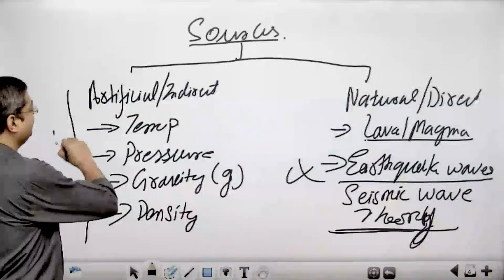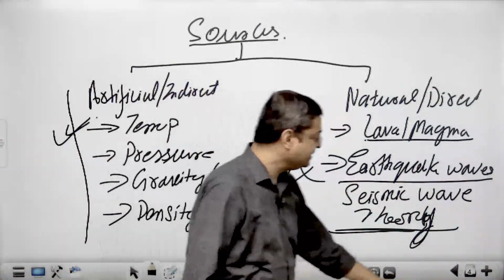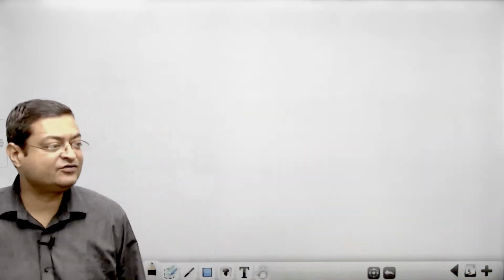So first we are going to talk about temperature. Now remember, there is a difference between the terms heat and temperature. Heat is quite relative. For example, we have talked about the heat wave. What is the heat wave condition in Europe? People start dying once it reaches 30. If it is 35, understand that it is a severe heat wave in Europe. And if there is 35 degrees centigrade in India, it is a normal condition.